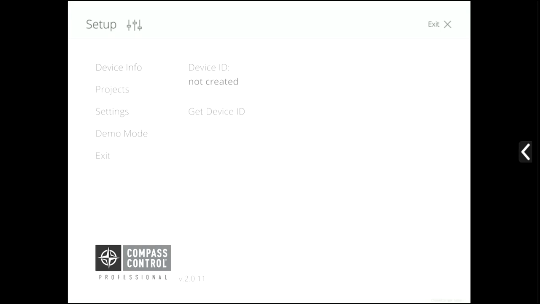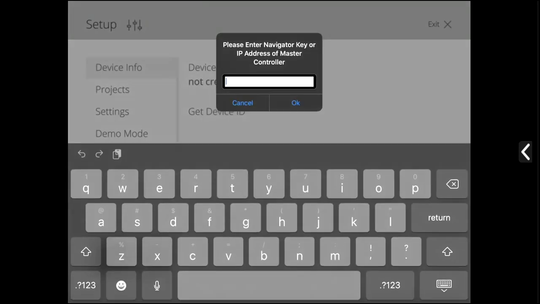But let's say you're on a job site where you have an MC1000 or a CX800 or any of our AV over IP or matrix switchers with an embedded master controller. Then actually the easiest thing to do is method one, which is press this button here, get device ID, and